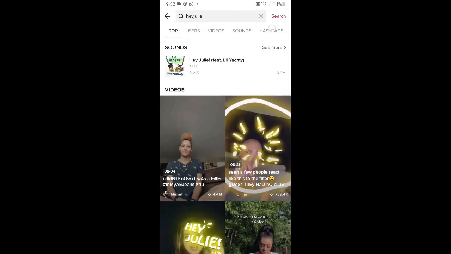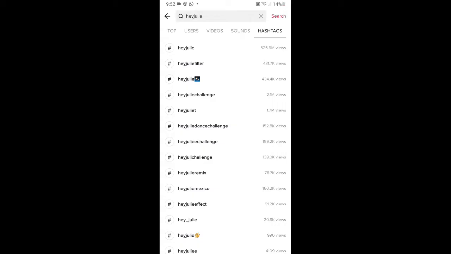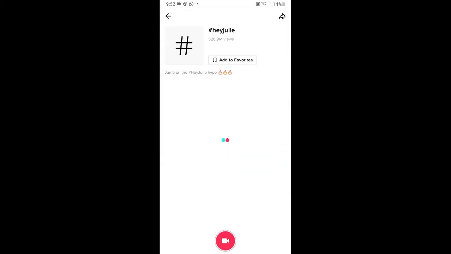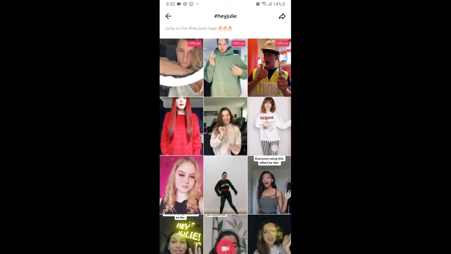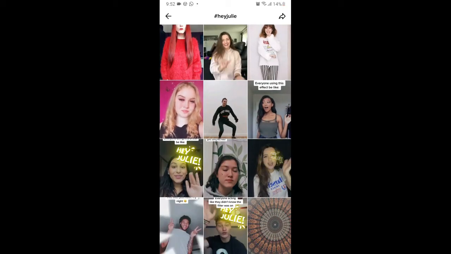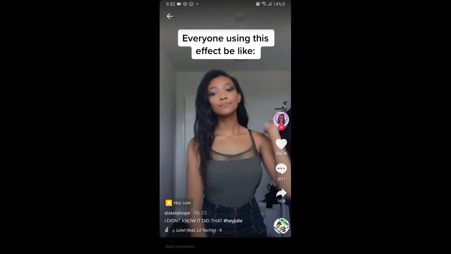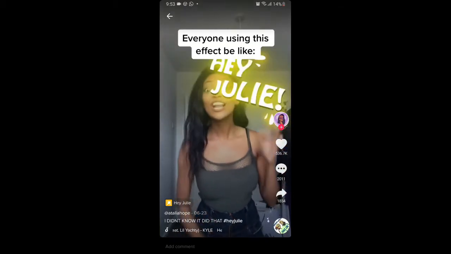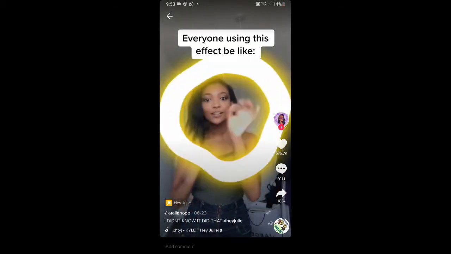Okay, go to hashtag. Now go to the Hey Julie hashtag. So here you will see many videos with this effect. Now tap on any video you want, and at the bottom left corner of the screen you will see this effect icon. You just have to tap on the effect icon